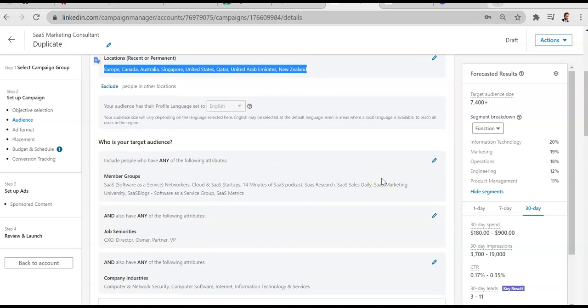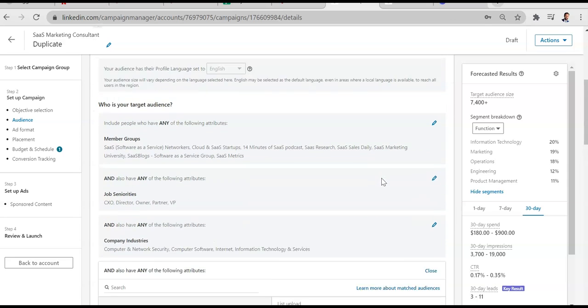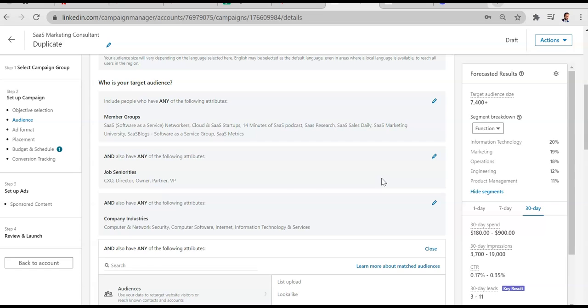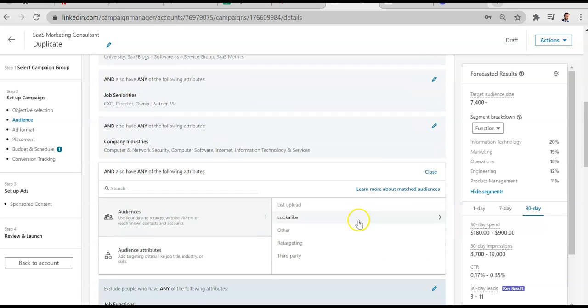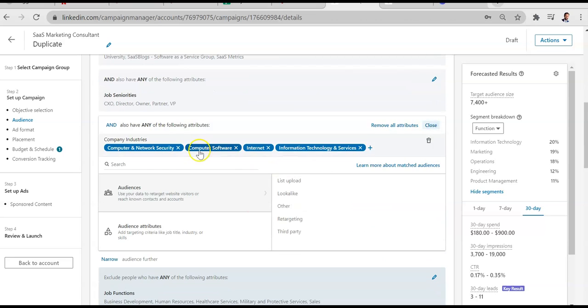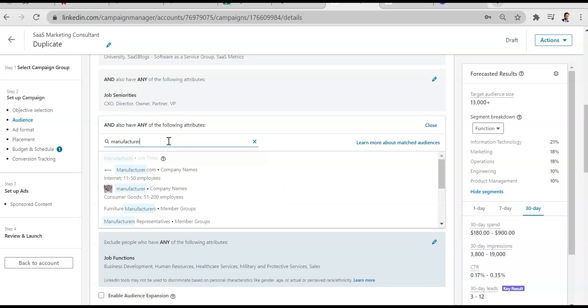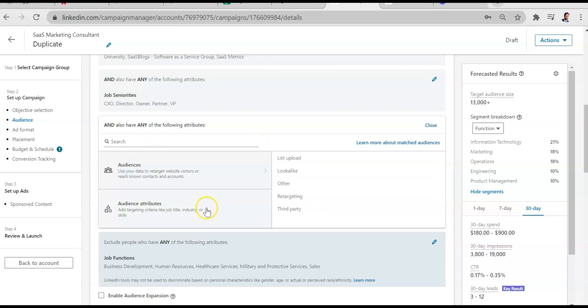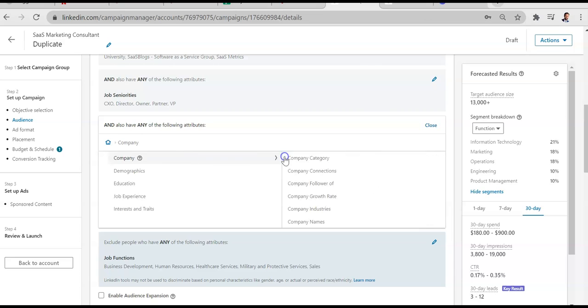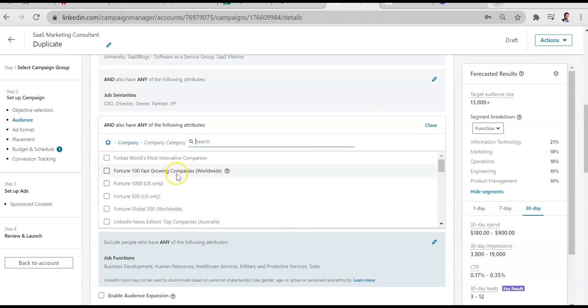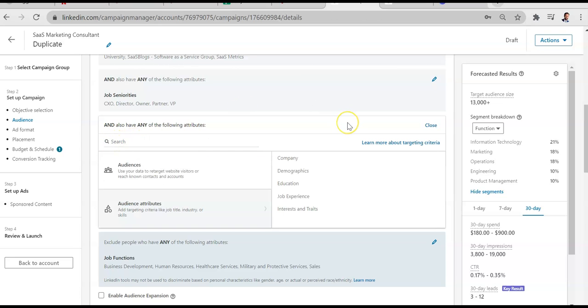If that's not clear to you and your research hasn't really clarified which industry is better for you, then you can use LinkedIn to do that sort of test. So you would just go in here and start making some changes. You just get rid of these and start adding whatever industry you're interested in targeting for the second variant of your campaign. Go to company. I could change the size of the company category. There's all different variables that you could alter here.